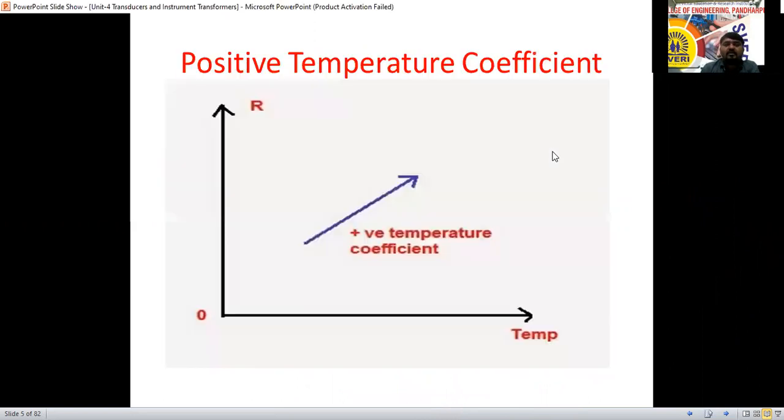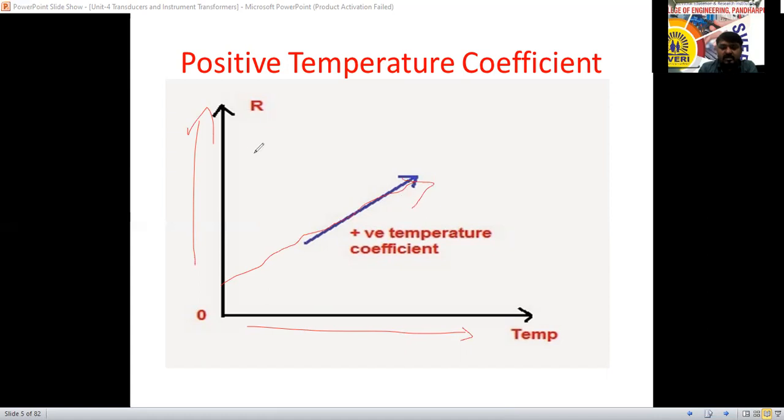Next, see here. There are positive temperature coefficients and negative temperature coefficients. What happens with the positive temperature coefficient? The x-axis is temperature and the y-axis is resistance. The resistance of the conductor is directly proportional to the temperature. We call that linear positive temperature coefficient: for increasing temperature, the resistance is also